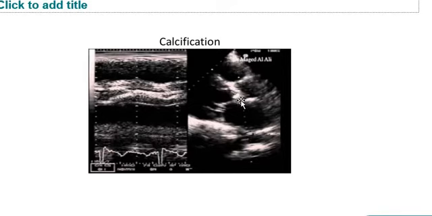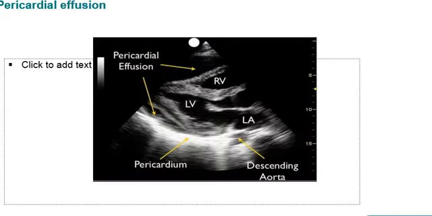The M mode is crossing through the aortic valve. We can beautifully see the aortic valve is severely thickened. The echogenicity is more, and this is a sign of a severe calcific aortic valve. The same thing we can see from the M mode. We can see the bright, glistening, whitish structure across the aortic valve. It is nothing but aortic valve calcification, so it is very important, which can be easily visualized on the plax view.